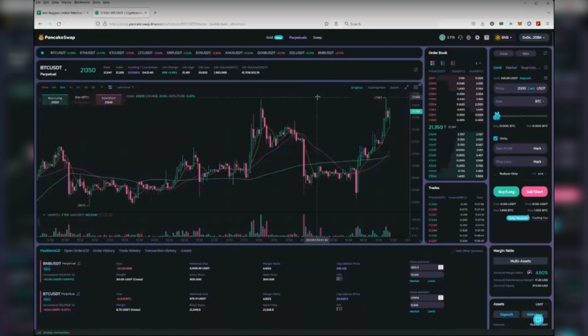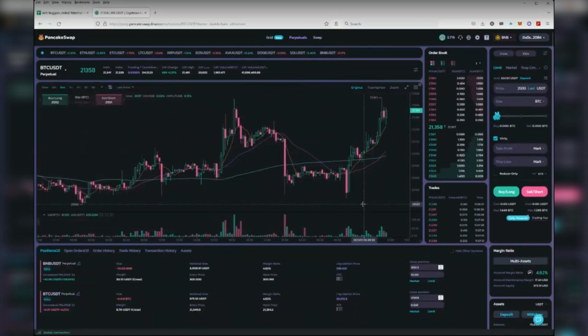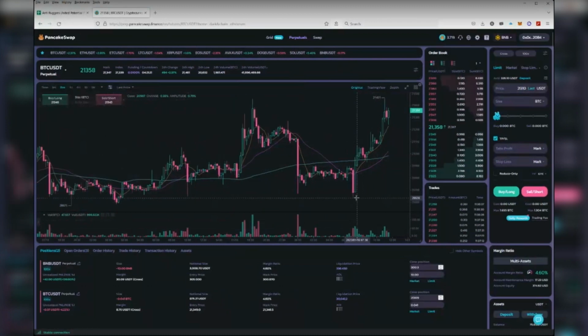Yeah, so this is kind of why crypto as a whole, why these exchanges are all still bad compared to stocks, and especially this PancakeSwap Finance Futures. It's really so basic, and the billions of dollars they're making, there really is no excuse. Because on a stock trading account, I could literally click and drag my stop losses, and in Forex, I could click and drag my take profits on the screen. They have lines, stop loss here, take profit here. I could just drag it on the chart. But it's a big pain to do that here in crypto exchanges.